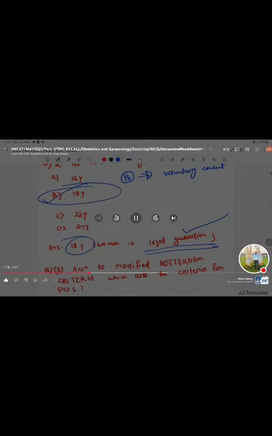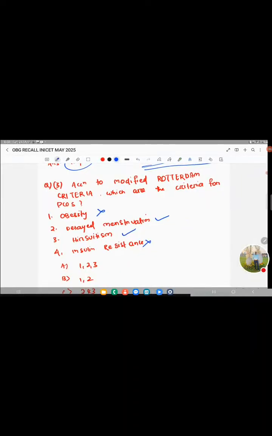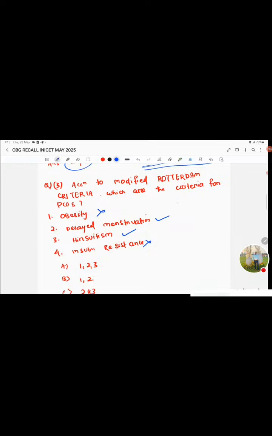Okay. The third question of this OB-GYN course is according to the modified Rotterdam criteria, which of the following criteria is for PCOS? You know the modified Rotterdam criteria: hirsutism and delayed menstruation, these are 2 criteria. Obesity is not included in the criteria and insulin resistance is also not included. There are 3 possibilities: hyperandrogenism, biochemical, that is 1, hirsutism and irregular cycles or delayed menstruation,